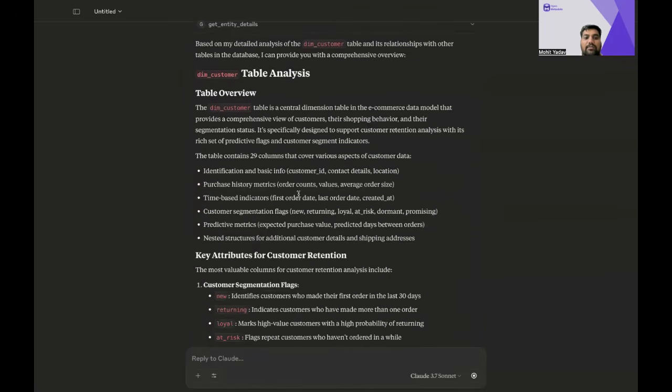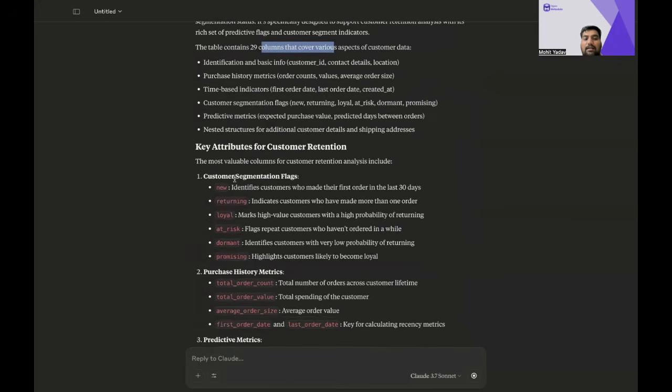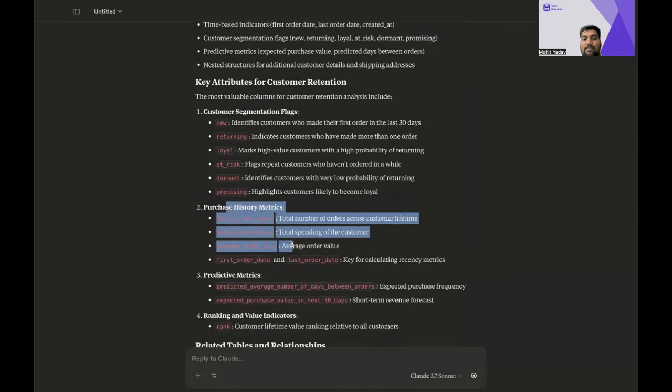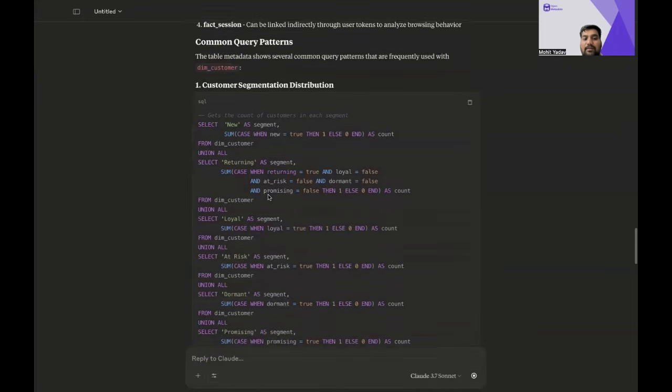So it gives me information about dim customer: it has 29 columns. It has some customer segmentation columns, like new, returning, loyal, and so on. These are the segmentation column flags. These are the purchase history columns and whatnot. On top of that, it is also getting the queries associated with dim customer.